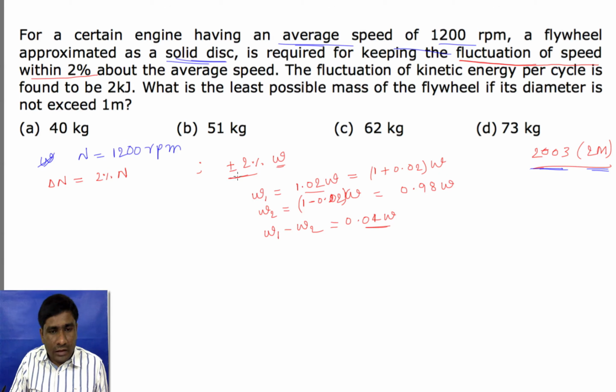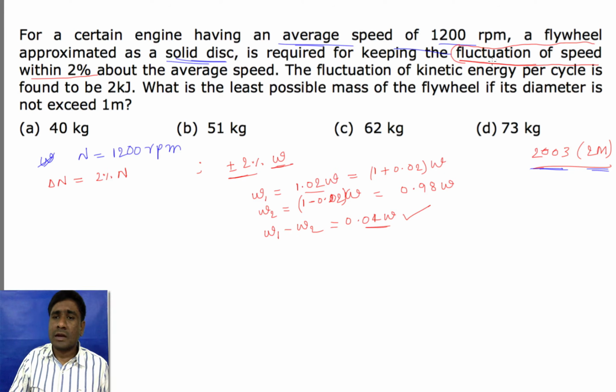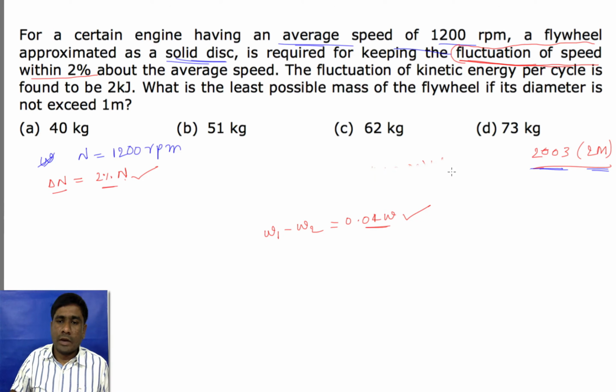If it is mentioned like this, that these fluctuations of speed are plus or minus 2% of omega, then we need to proceed like this. But here, instead of mentioning like that, he directly gave the fluctuation of speed, that is delta n is 2% of n. So we need to observe the difference between asking like this or asking like this. And let's go back to our problem. Here delta n is given directly, and